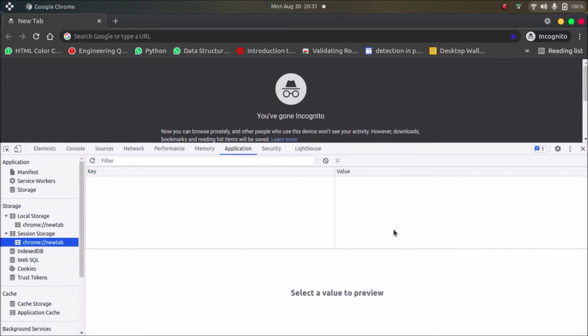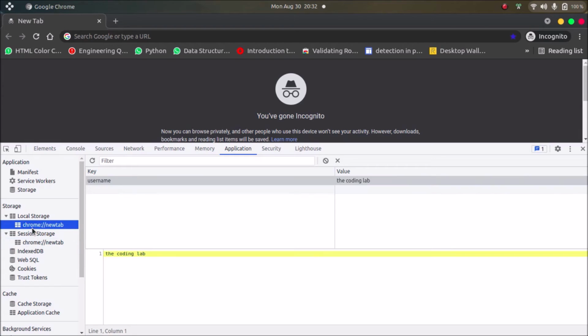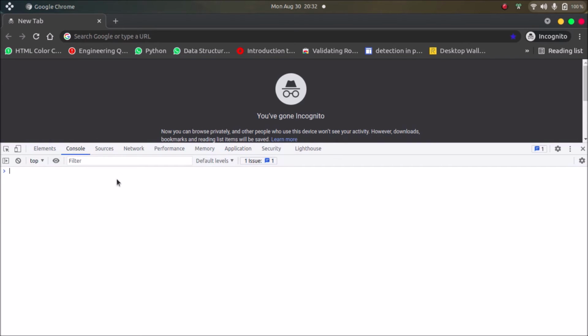As per the definition, session storage will stay in the browser until you close the tab, or until the session expires. So it is expired here. Now local storage is still here because local storage does not have any expiration date. So it is going to stay in your browser.